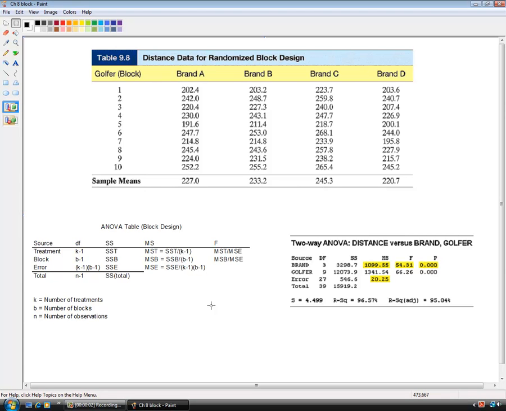One of the design types is using the randomized block design. This is useful if you think that there's something wrong with a possible experiment. Say you're running a clinical trial in a hospital where you've got 500 patients and you're giving maybe half of them a placebo and half of them some sort of medication to lower their blood pressure, and you get